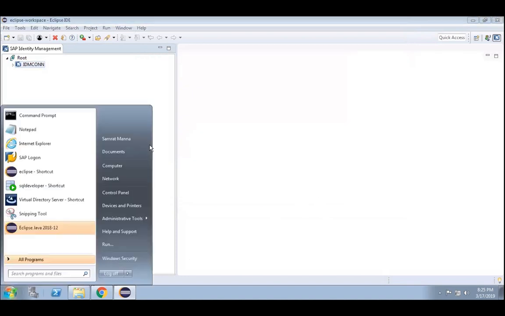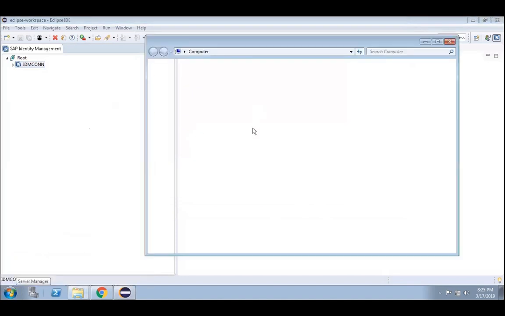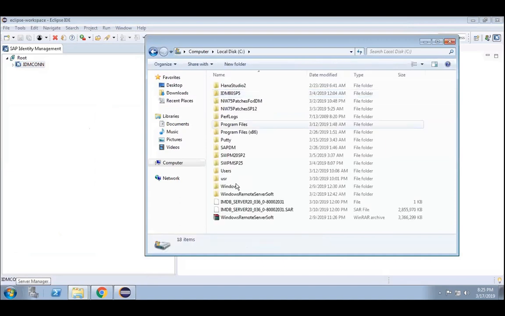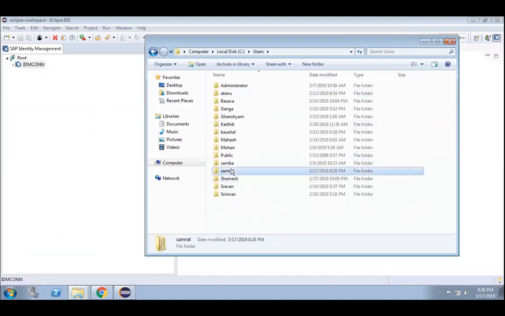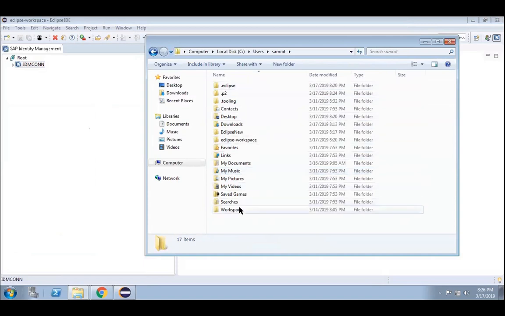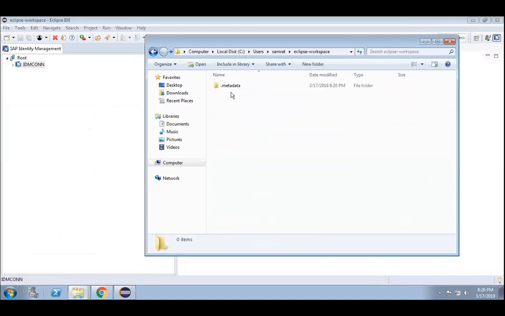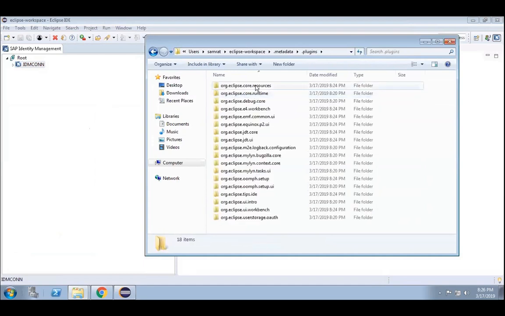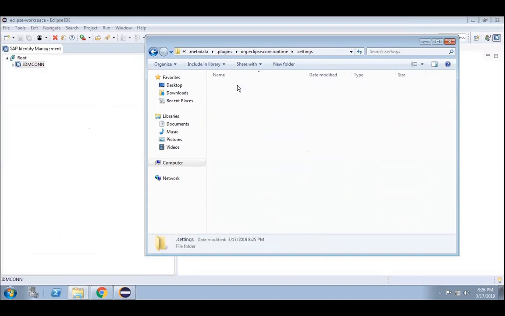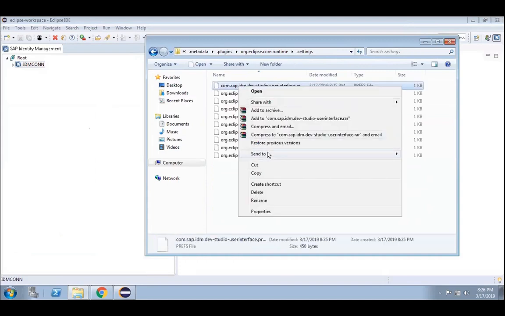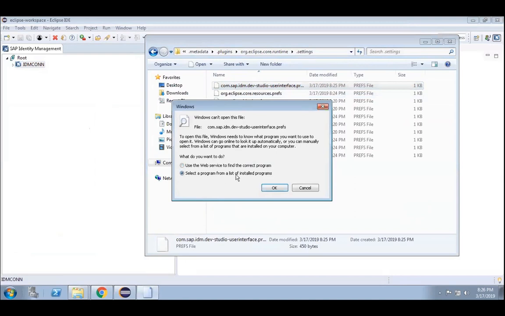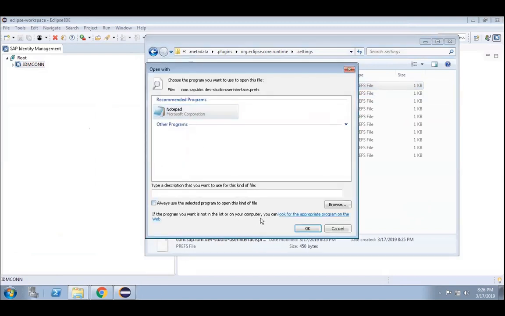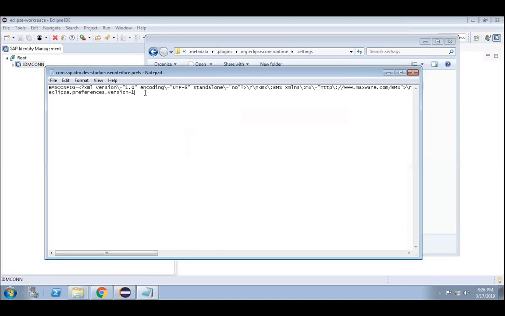So the package folder. New Eclipse workspace, metadata, plugins, runtime settings, open, not always, underscore HTTPS.